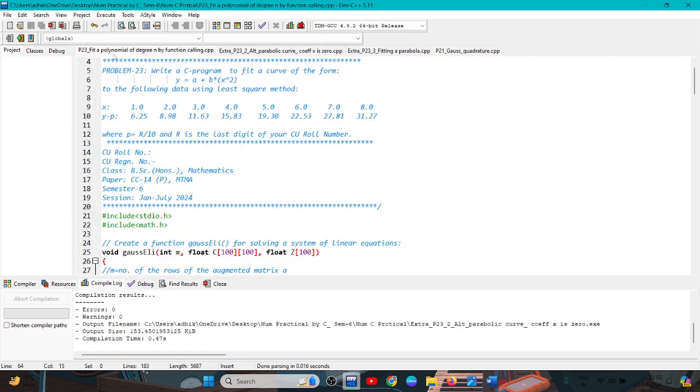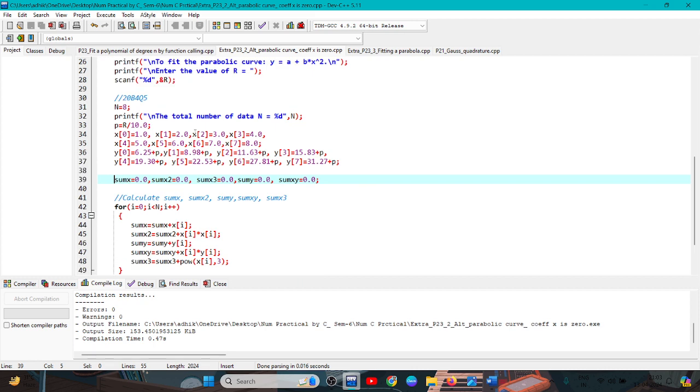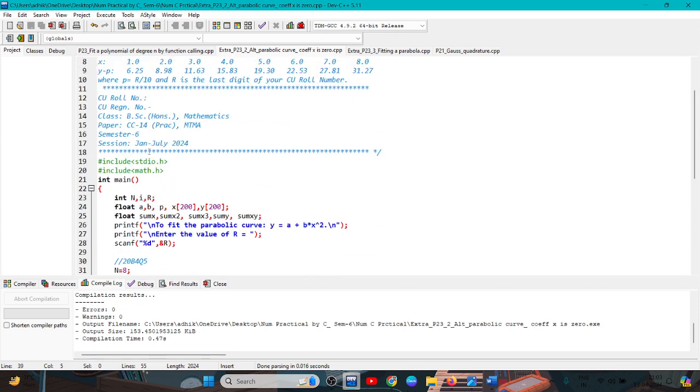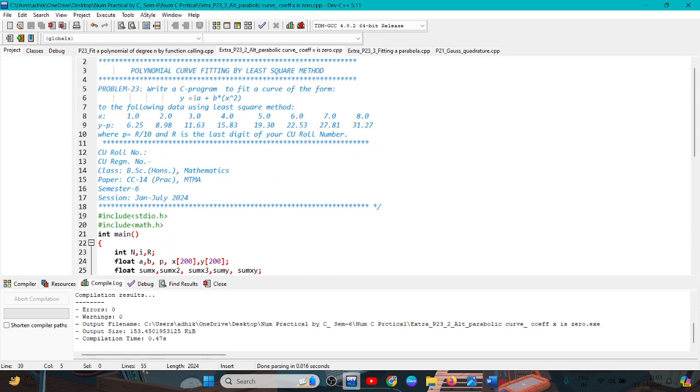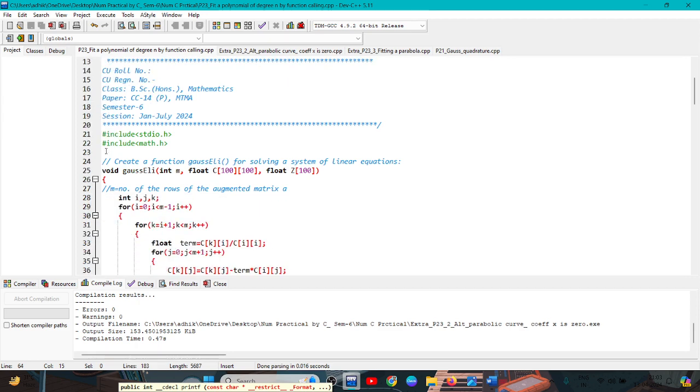Now this is an alternate problem. Either you write this problem, or if this is the easiest problem, the particular y equals a plus bx square, and this problem is more generalized. First we